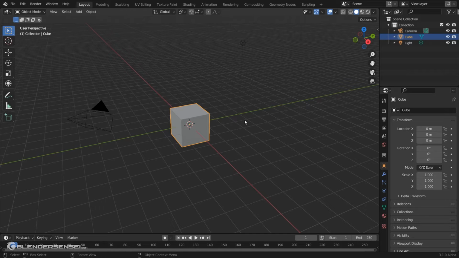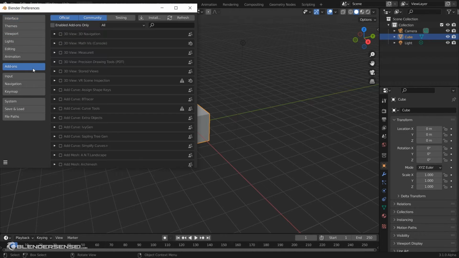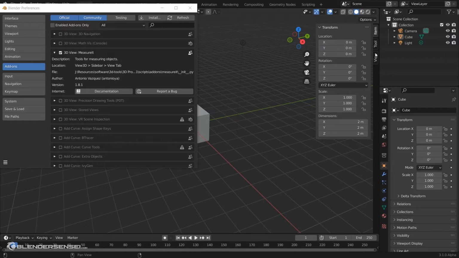Today we're taking a look at an awesome free add-on that comes shipped with Blender called Measureit. To activate it, we can go to Edit, Preferences, click the Add-ons tab, and find it in this list here. We'll just check that. You can click this button here if you want to see a little bit more information about the add-on, such as its location, which is in the sidebar of the Properties panel over here under the